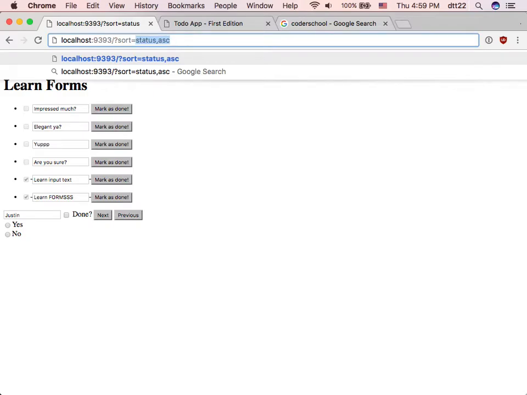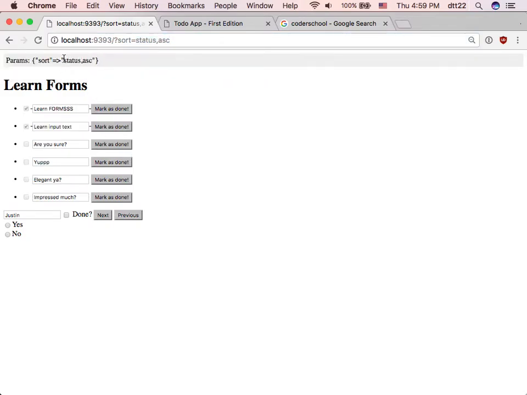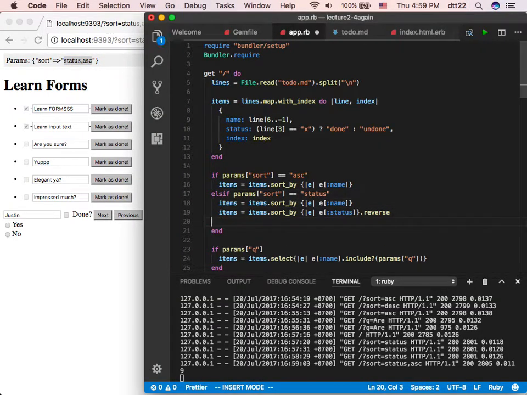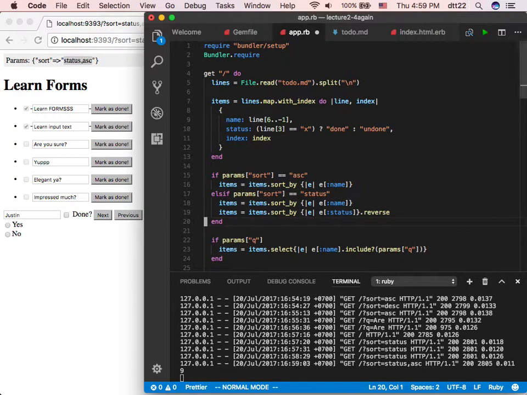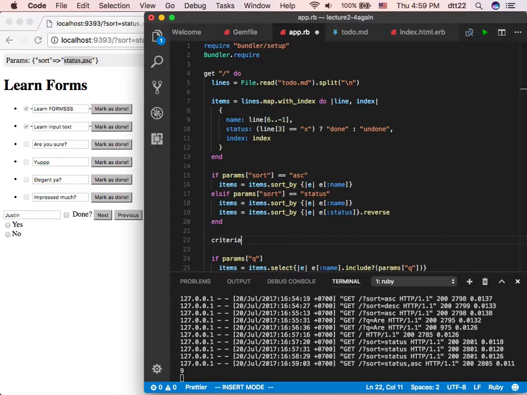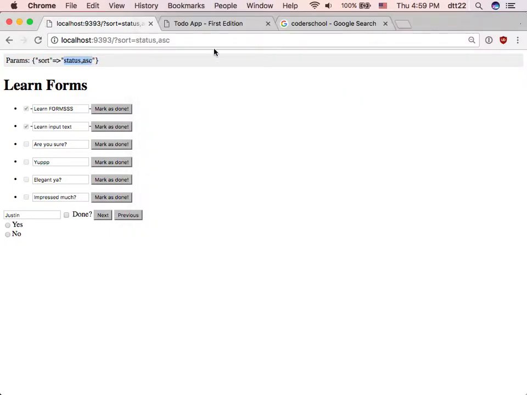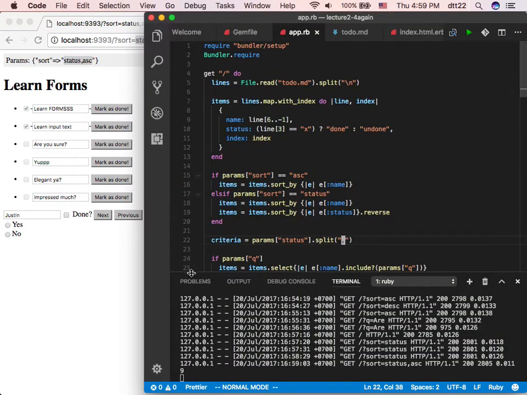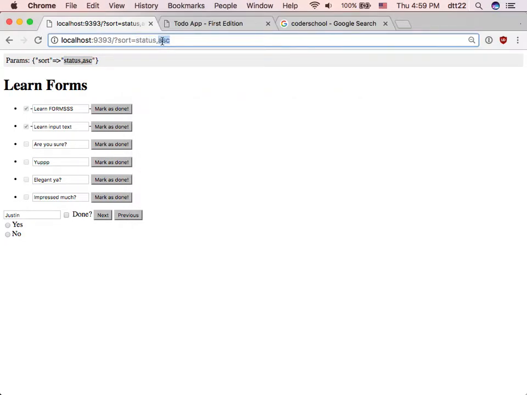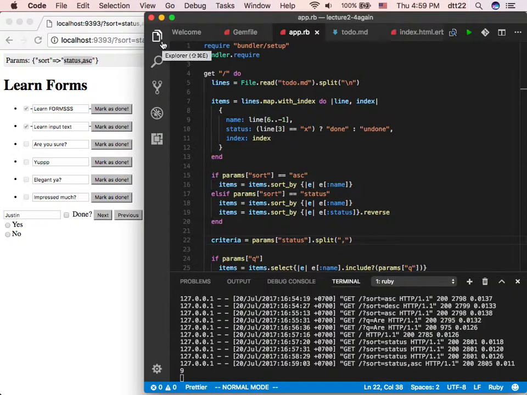If you do this, enter, look, status and ASC. So maybe you cannot do this anymore. You can do, of course, if params sort is status ASC, right? That is a bit manual. Another one is you can say criteria is param status split by the comma sign. Then you have the first criteria is status and the second criteria is ASC, and you can work with your data that way. Now that's